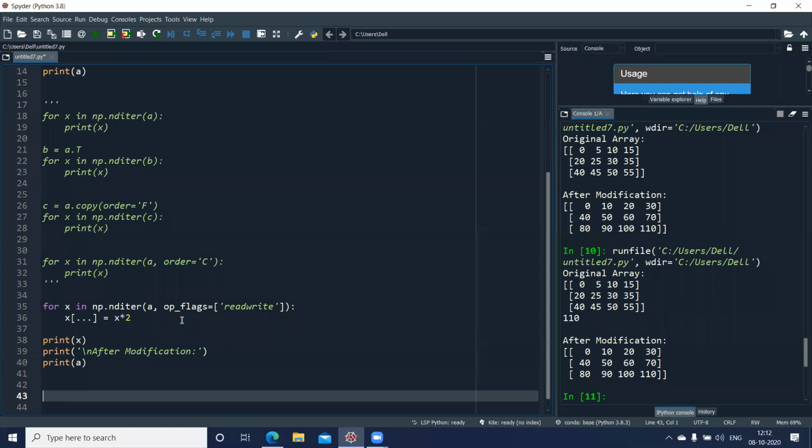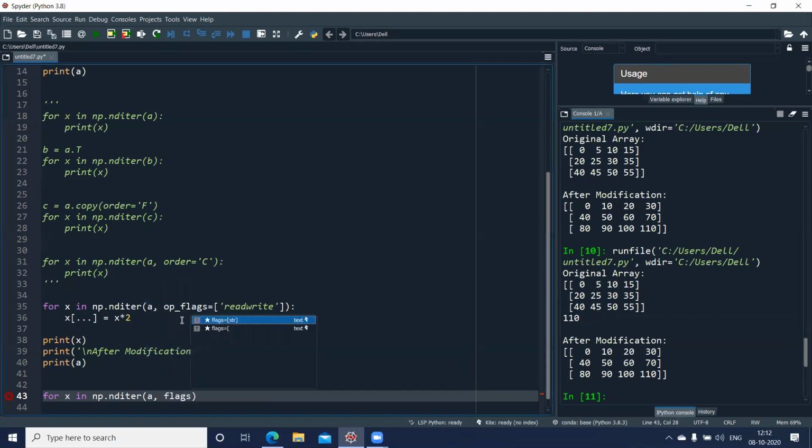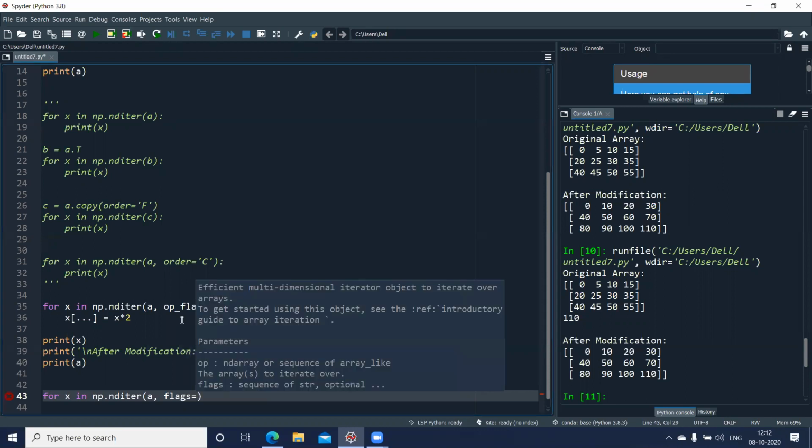I'll say, let me write a for loop. So I'll use for x in np.nditer(a). And as I told you, instead of op_flags, I have the other parameter called flags, which can be written again equal to, and in the square bracket, I can mention the value.